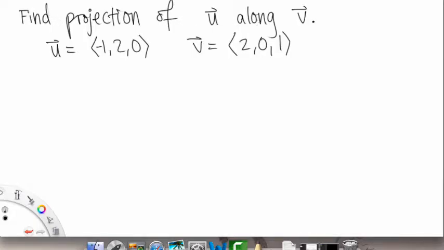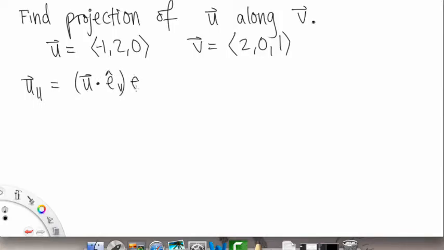Asked to find the projection of u along v. So here we're just practicing finding projections. Let's recall the formula for projection. The projection, or u parallel, is going to be equal to u dotted with the unit vector pointing in the